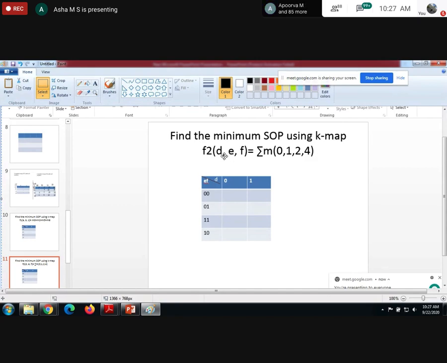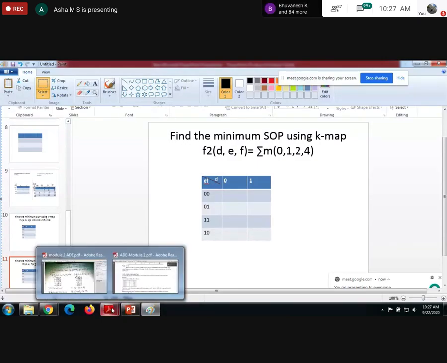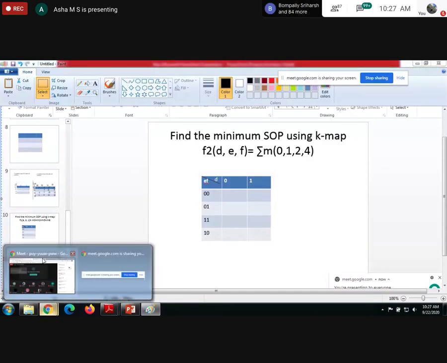See, in this question they have given the function like this. They have given m0, m1, m2 like that. Here they have given sigma of m. So what does this sigma represent? Min terms. We will be using pi next. So you should know these two symbols. Small sigma followed by small m represents the min terms. If you have not noted it, note it down. Sigma followed by small m represents min terms. Copied.